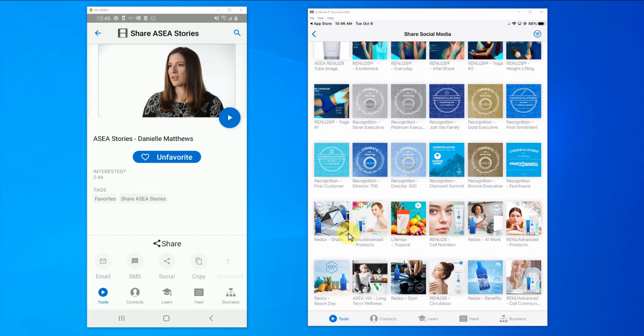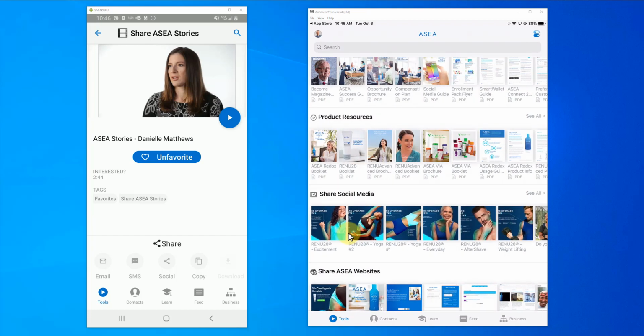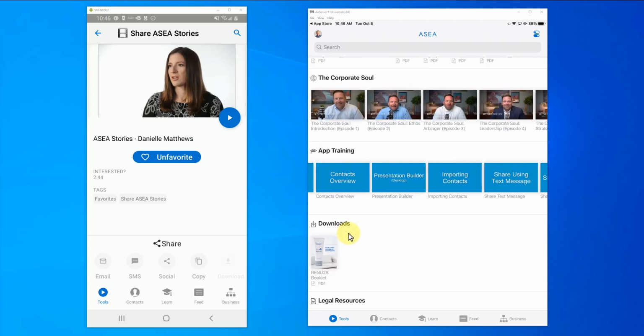And like I said, we are going to be working on a specialized app training section for social media specifically, where I want to show you how to post on Facebook, how to add to your Instagram story. I know that's been requested by a few of our newer associates. There's going to be a lot of really cool things that we can do with this app, and I'm going to take a good 20-30 minutes to talk about it in one of our new app training sections specifically focused on social media. So really looking forward to that, and I hope you will too.